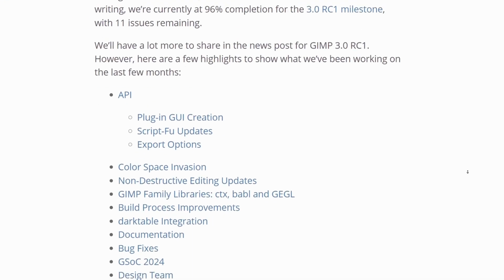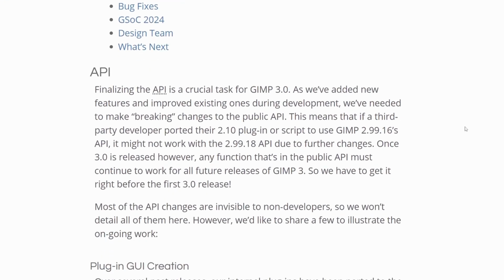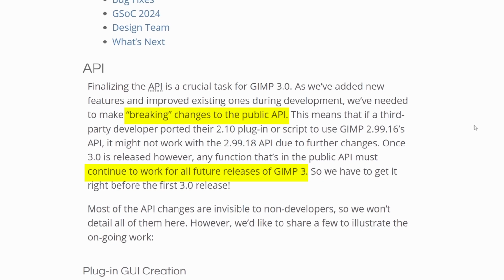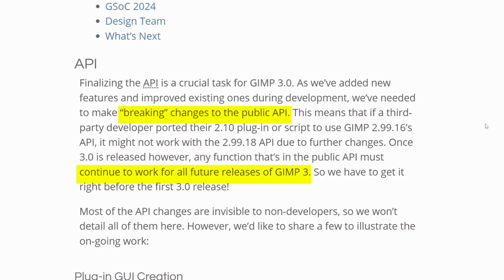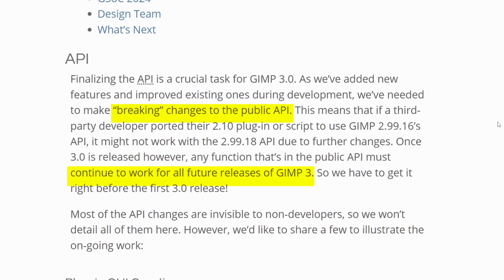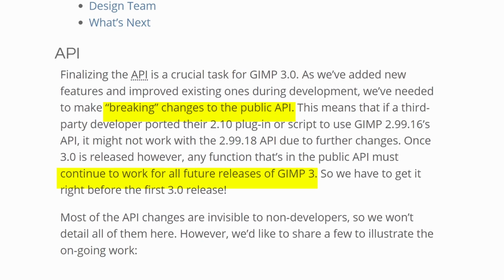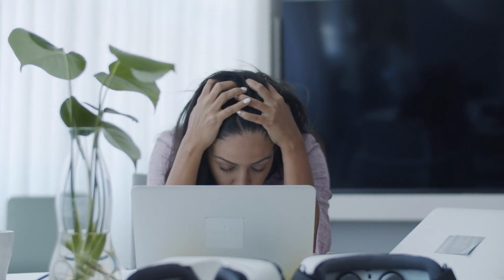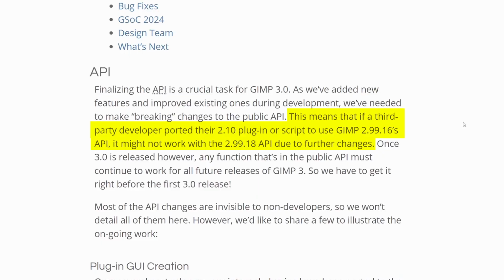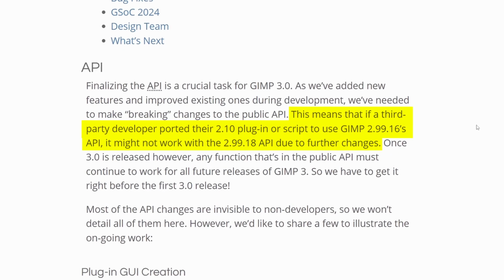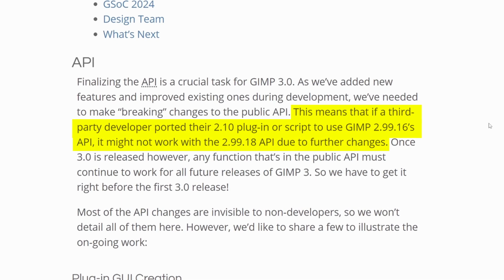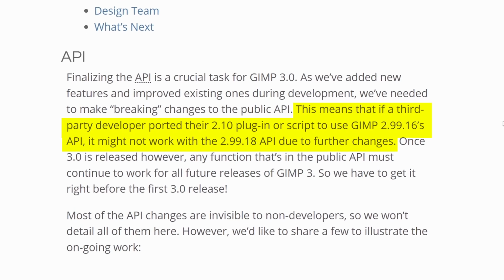According to a recent GIMP news release, developers working on GIMP 3.0 have made, quote, breaking changes to the public API in order to ensure new or adapted GIMP 3.0 plugins work for all future versions of GIMP 3. Not only does this almost guarantee that unported GIMP 2.10 plugins won't work for GIMP 3.0, it also means plugins that were recently updated to work with GIMP 2.99.16's API may not work anymore in GIMP 2.99.18 or newer as